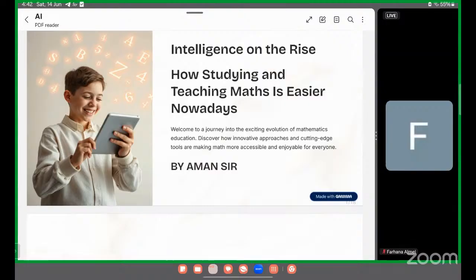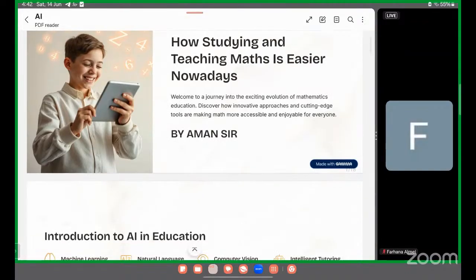Today we stand at the intersection of rapid technology advancement and evolving educational paradigms. Intelligence, whether artificial, emotional, or cognitive, is growing at an uneven pace. So our aim is to prepare our students for the future where learning never stops. In this session, we will explore two things.